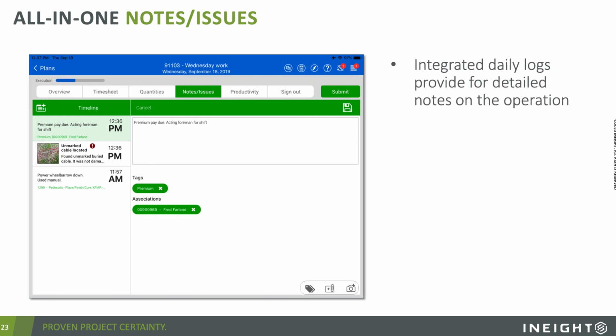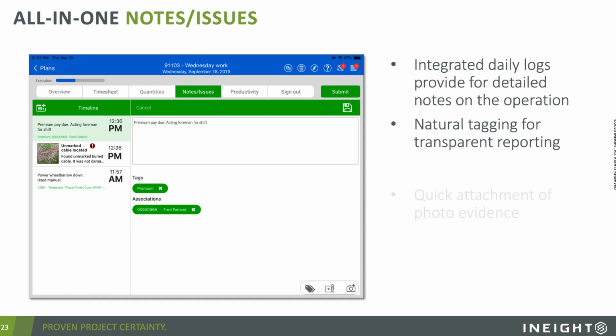And integrating the daily field log provides detailed notes on the operation every single day. There's natural tagging involved for transparent reporting. So you can go back and search for every day that rain appears in the detailed field log and know how many rain days you actually had.